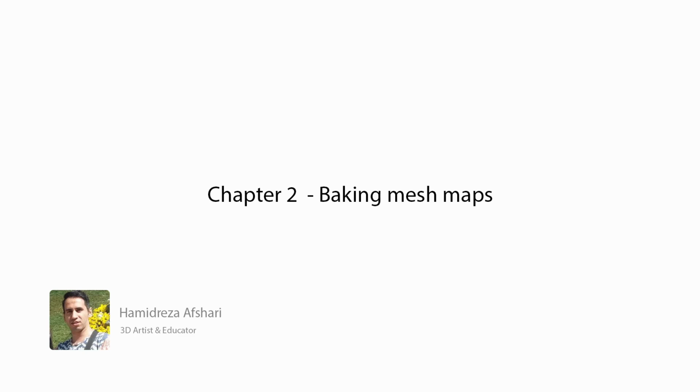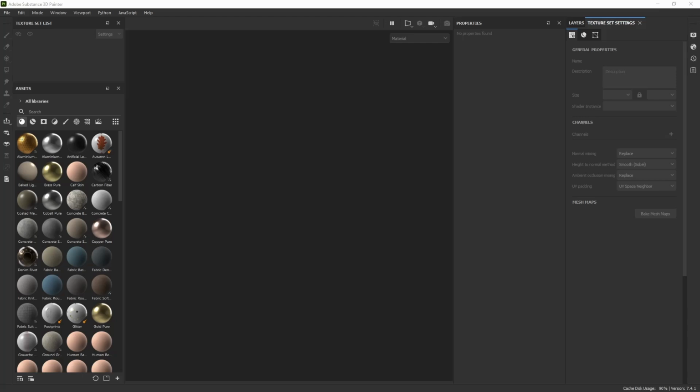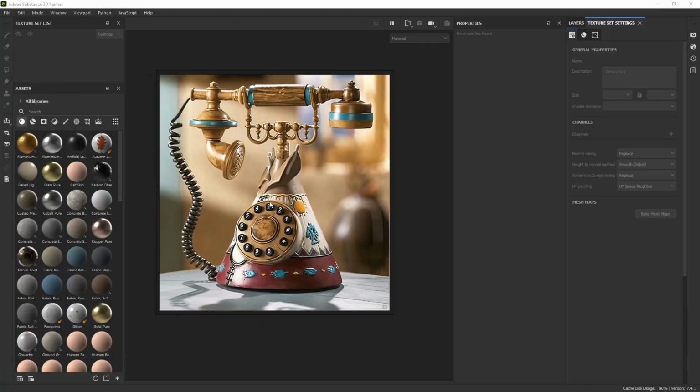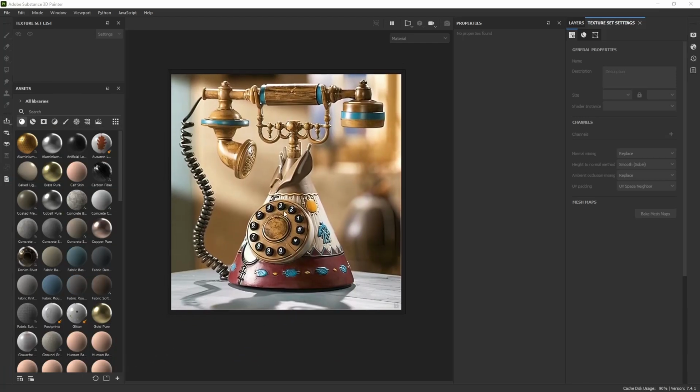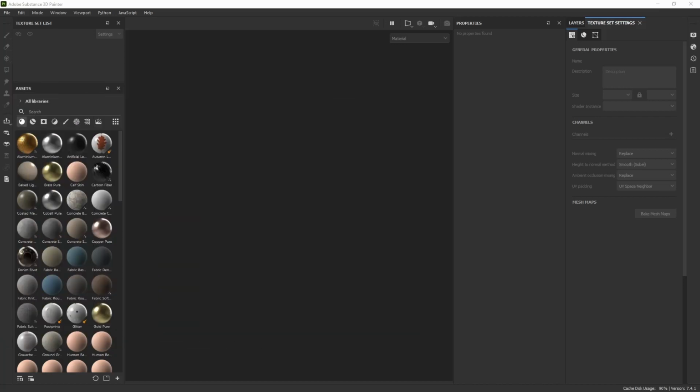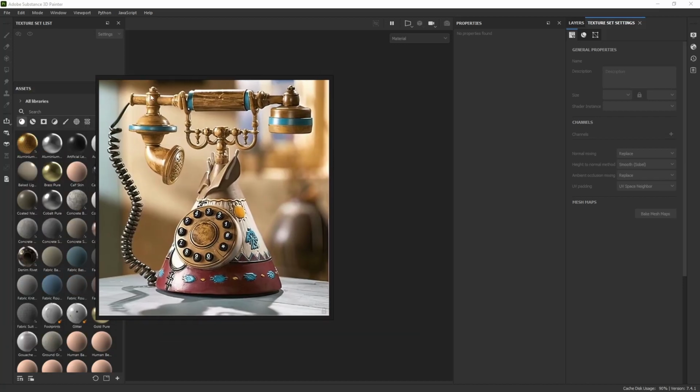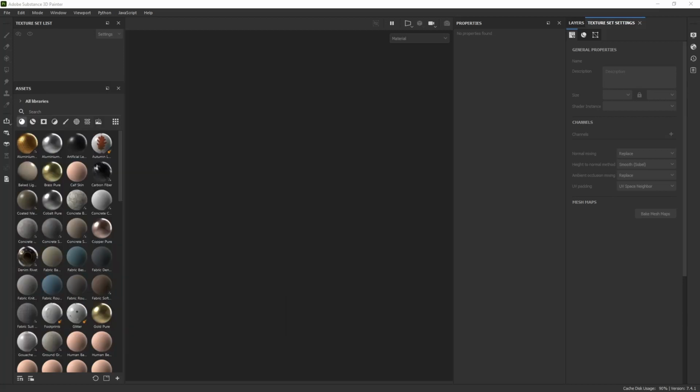Hey guys, and welcome to the first video of this chapter. In this chapter we are trying to texture this asset. I already made the assets and the only thing we need to do is make some textures. But before that we need to know how to import our model and start a new